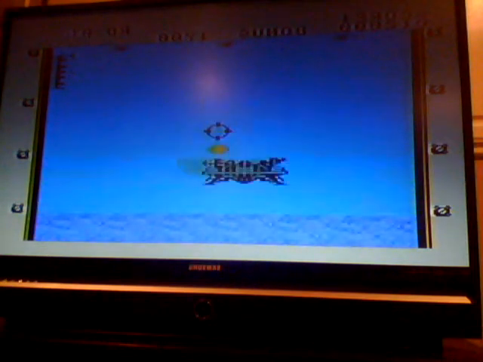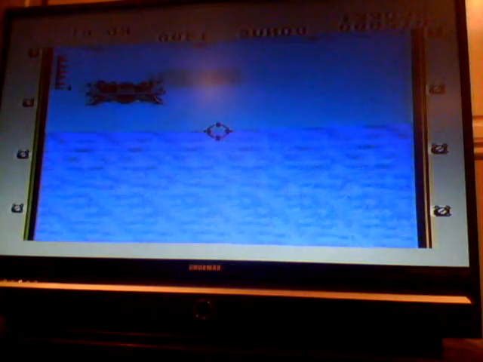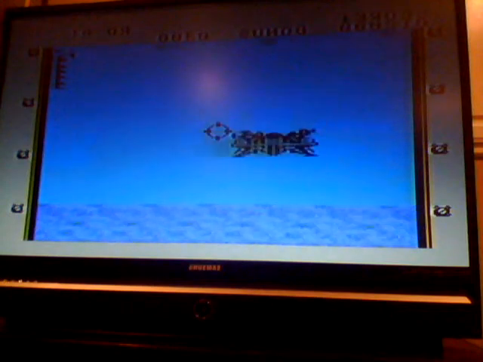Okay, now we're at the boss. The boss is this big black ship that fires at you. And he doesn't fire regular ammo. He fires those big red things that come at you a lot in this game. Now, after neutralizing